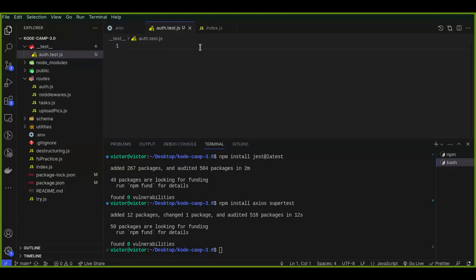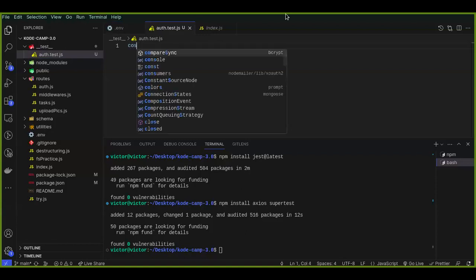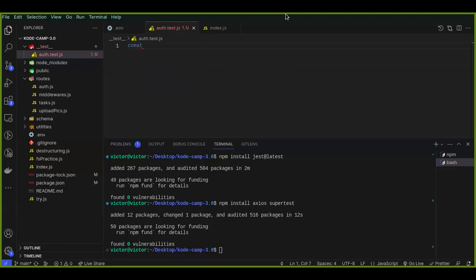Then the next thing for you to do is import what you want to use. So const axios equals require axios. If you want to use SuperTest, you can import it here also. Okay. Then